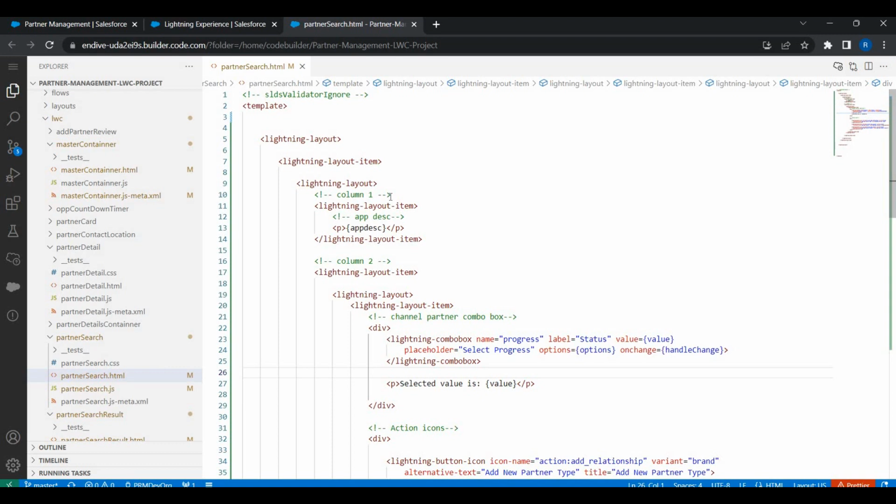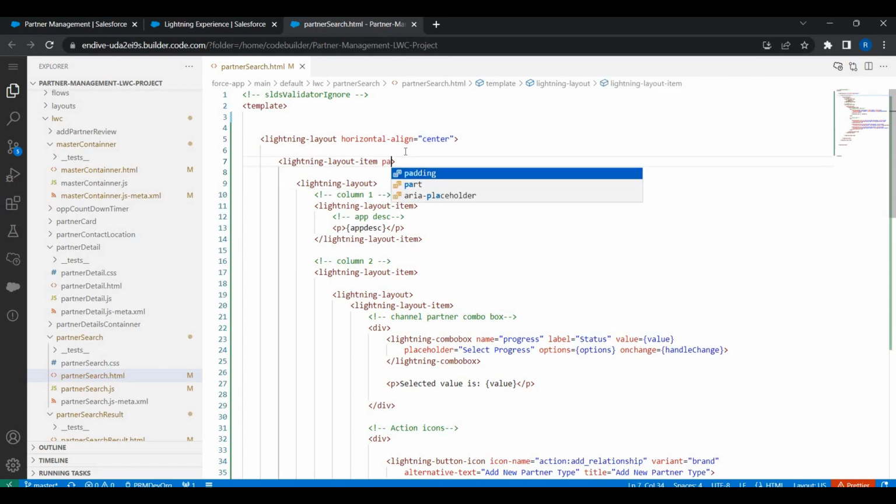It is time for us to add the appropriate classes so that you will just see the styling done for this lightning layout. Number one, so this lightning layout, I would like to ensure that this is arranged center horizontally. So I'll have this attribute horizontal align added, and then we'll have padding given so that the elements inside this lightning layout will have some space around it. So horizontal